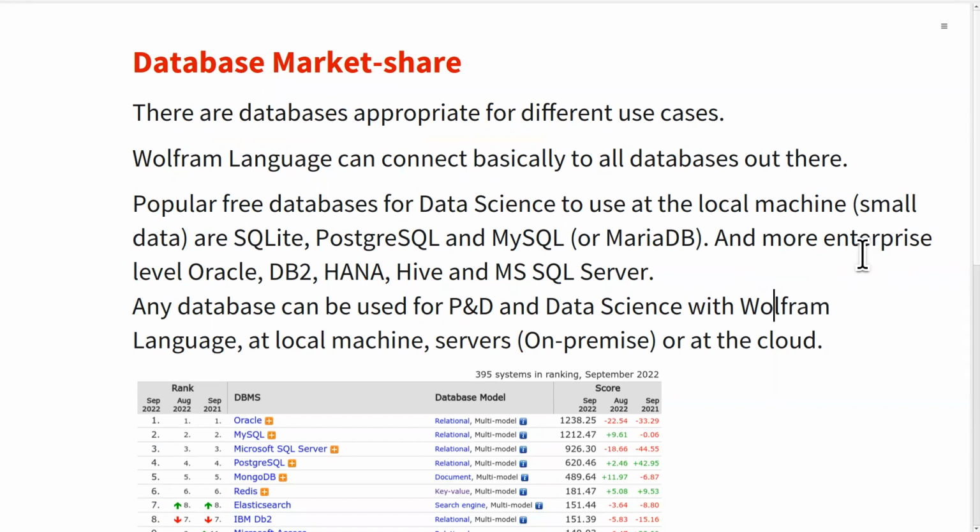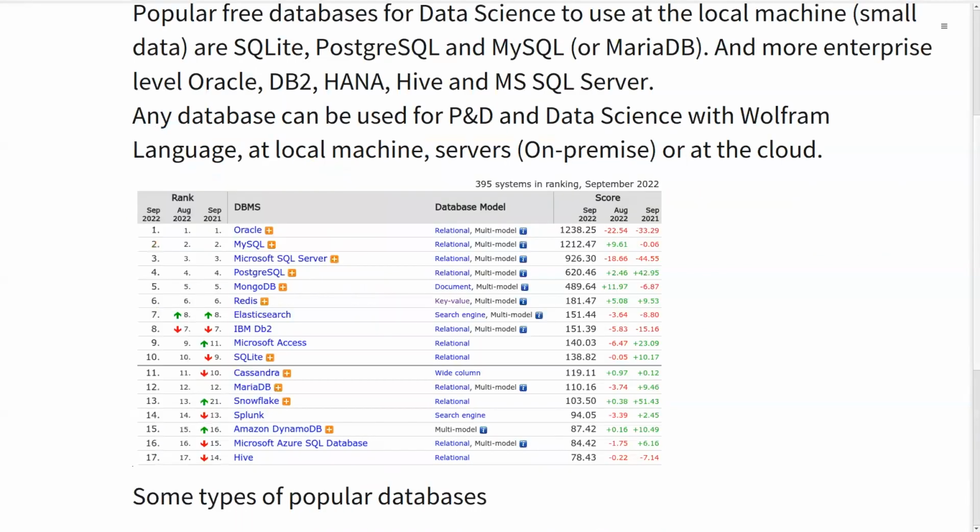So we have a lot of databases nowadays. This is a database index. The most popular is Oracle, but MySQL is really used. Most websites on the web are made with MySQL. They use Linux, Apache, PHP, MySQL, and so on. And it has been used a lot for data science too.